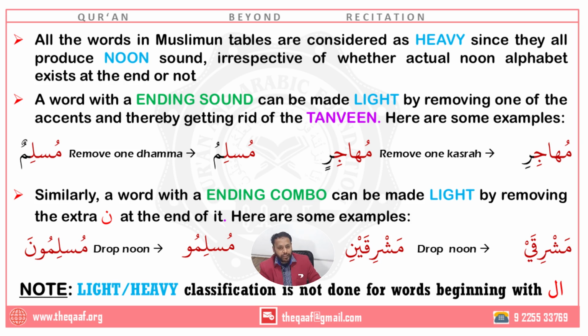Yes, okay. Now here is one thing. As far as the weight, wazan, is concerned, if I give you, hey, take this word, muslimin, make it light. So muslimin, the light is muslimi. If I give you the word muslimatun, make it light. Al-muslimatu or muslimatu, that's a light form. But if I give you a word like al-muslimi, a word with al, then any word with al, we don't do the weight part of it.